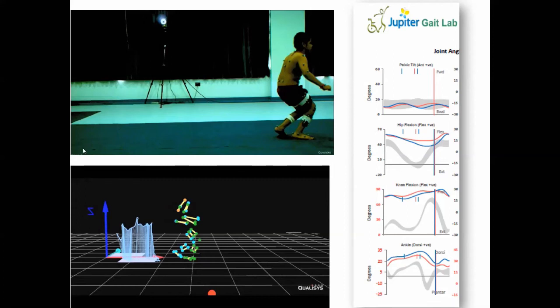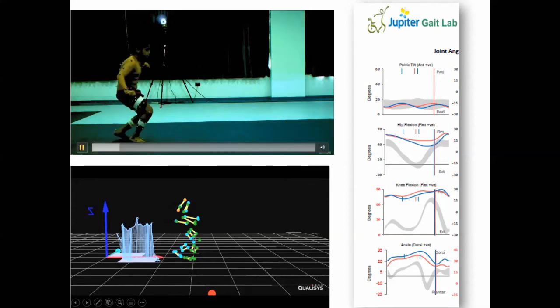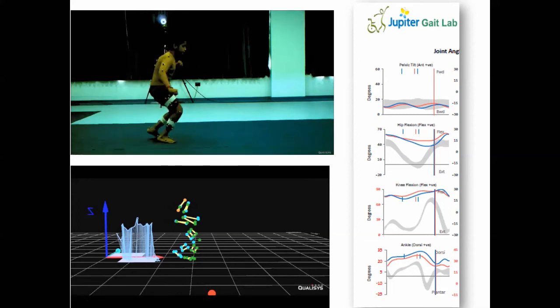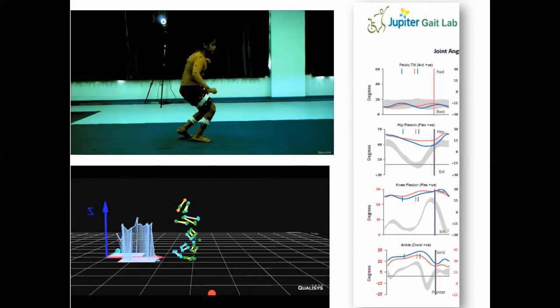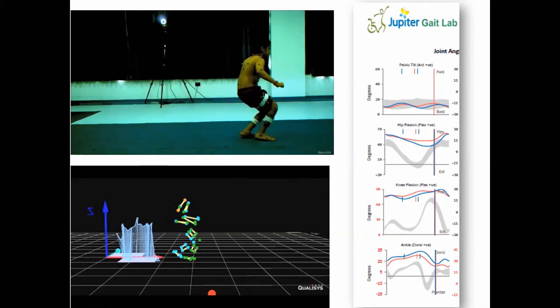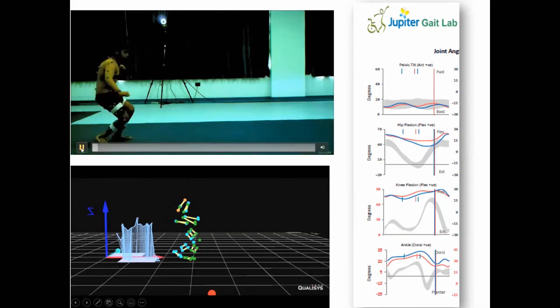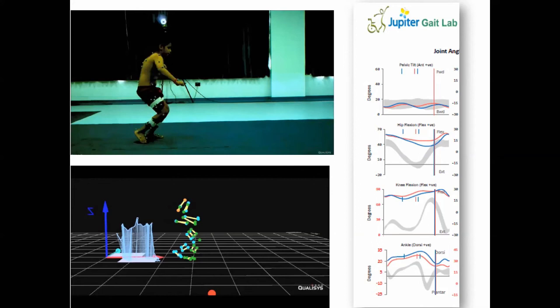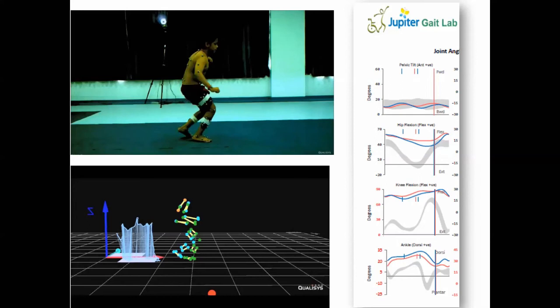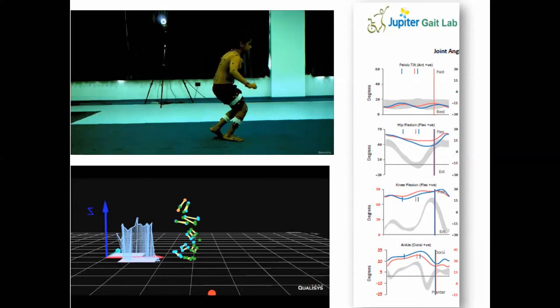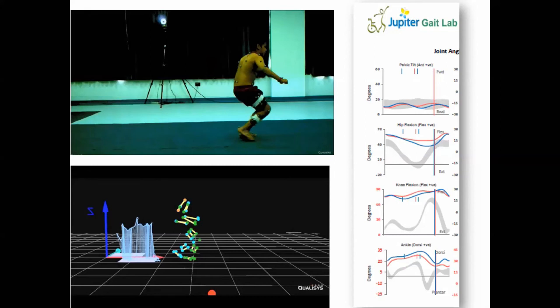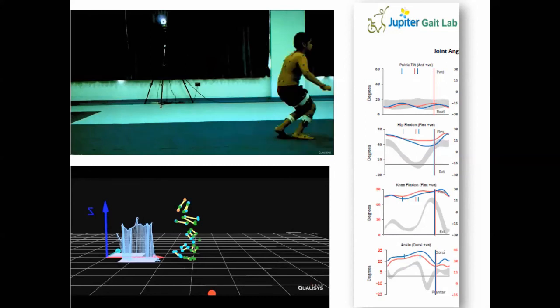So this is a child which qualifies for a crouch gait. I just wanted to say that every child who walks with knee flexed is not crouch. If a child is walking with knees bent, but the ankle is in equinus, we will call it jump gait. If the child is walking with knee bent, but the ankle is plantigrade, then we call it apparent equinus. We call a gait a crouch gait only when a child walks with knees bent, ankle in dorsiflexion, and hip in flexion. It has to fulfill all three criteria.